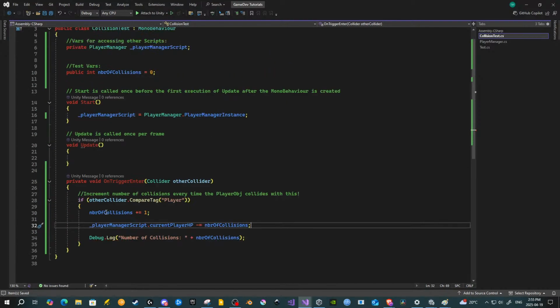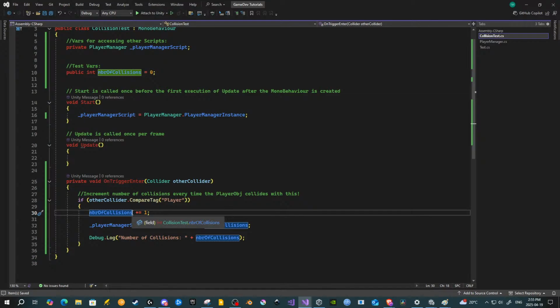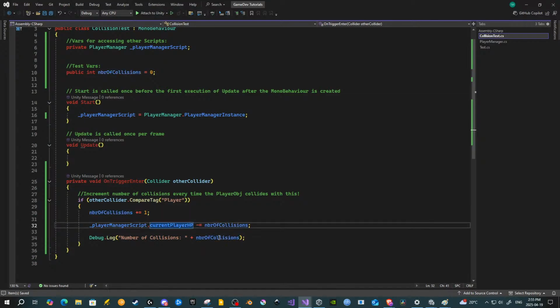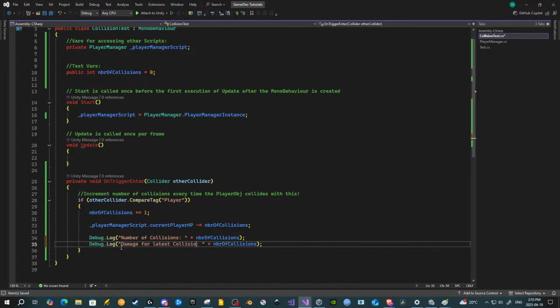So this is the idea of, like, let's pretend that number of collisions is actually the damage, and this is the HP. So number of collisions, and here we're gonna do another one that's gonna say damage for latest collision,